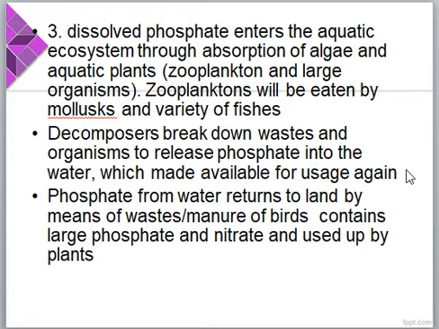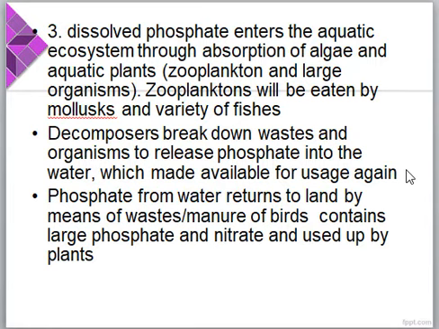So we have zooplanktons. That means these are planktons that are animals and larger organisms. Zooplanktons will be eaten by mollusks and a variety of fishes. And the phosphorus present in our zooplanktons will be transferred to the mollusks and other fishes. Once these mollusks are eaten by a larger animal or another aquatic animal, it will be passed on to